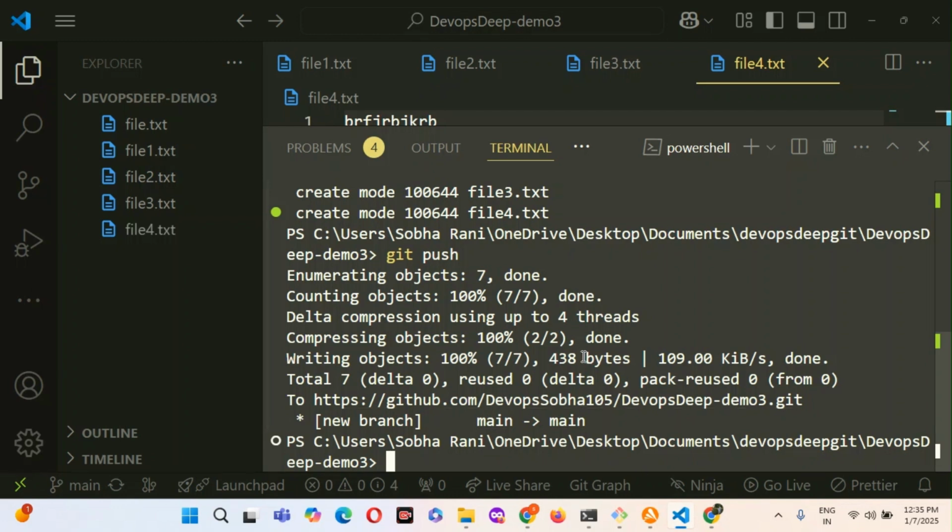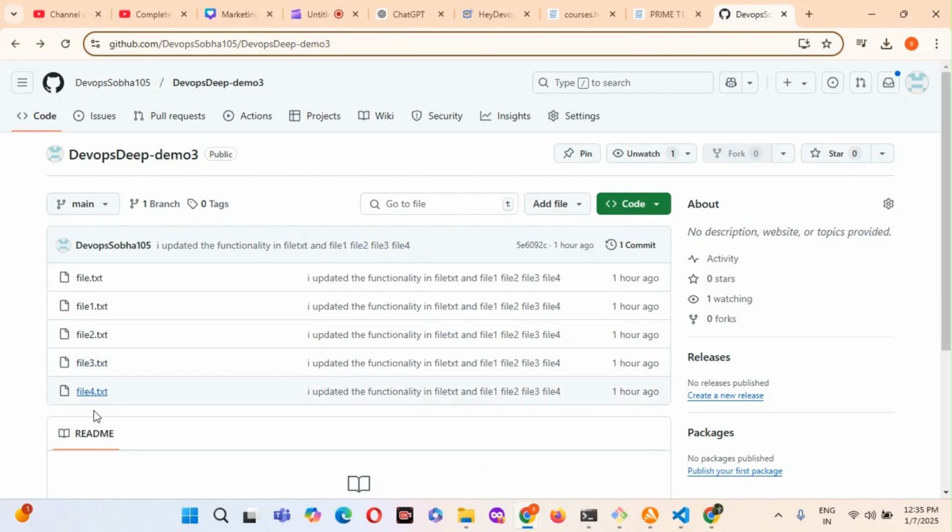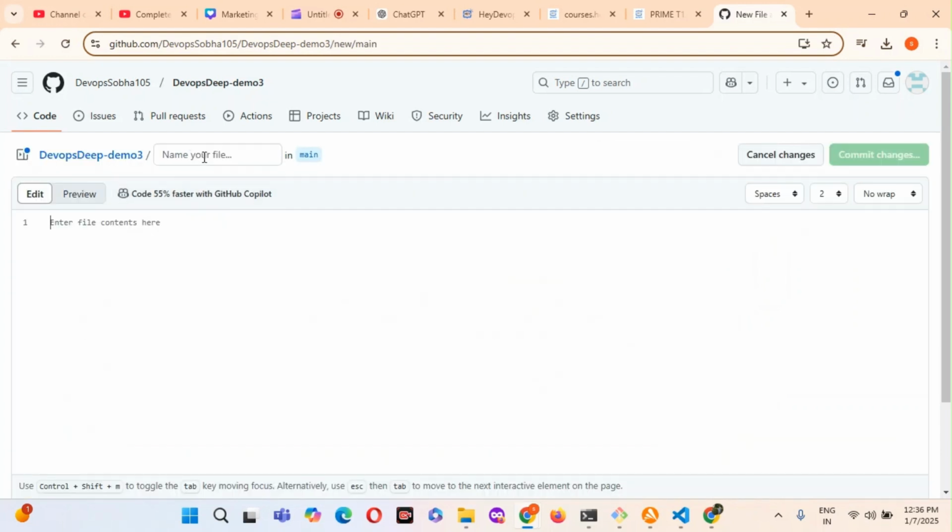Let's see an example of git pull. First we'll go to GitHub. For example, your friend, anyone, creates file5 and adds some file.